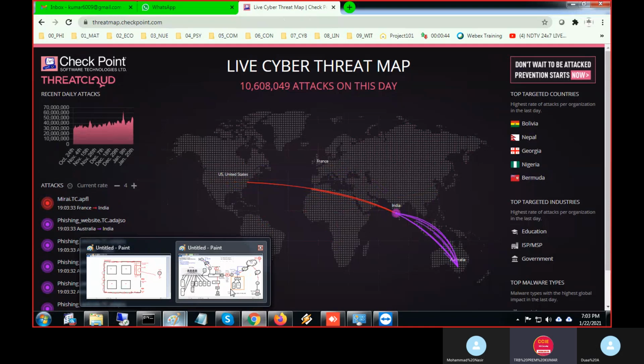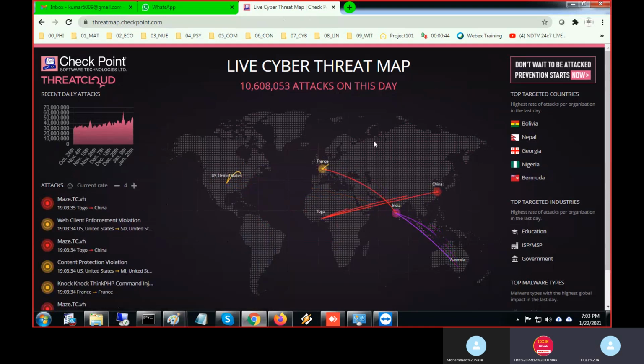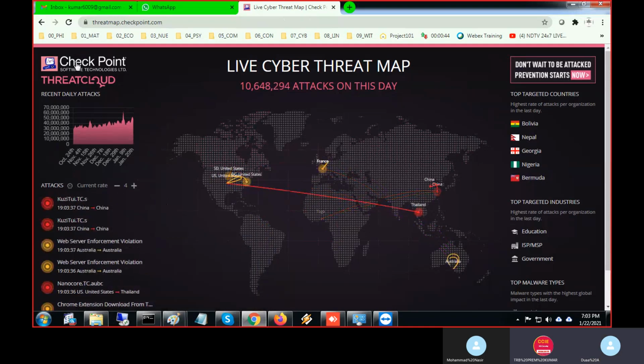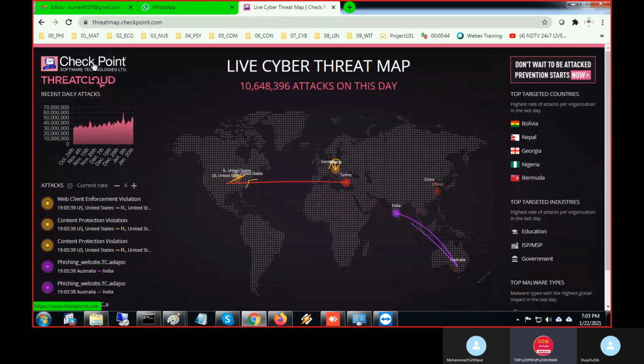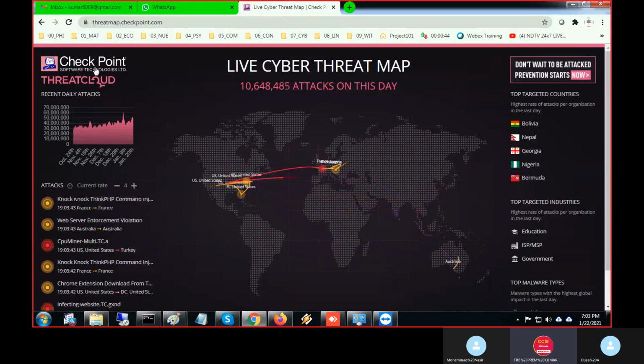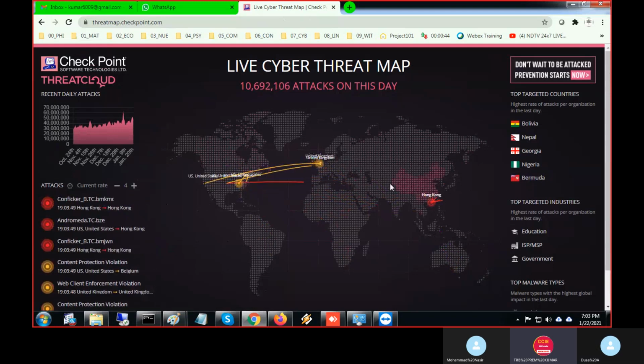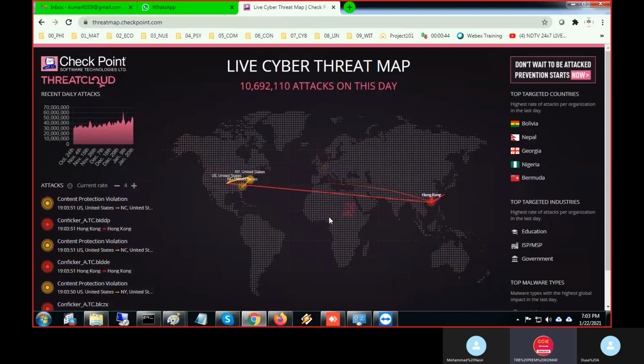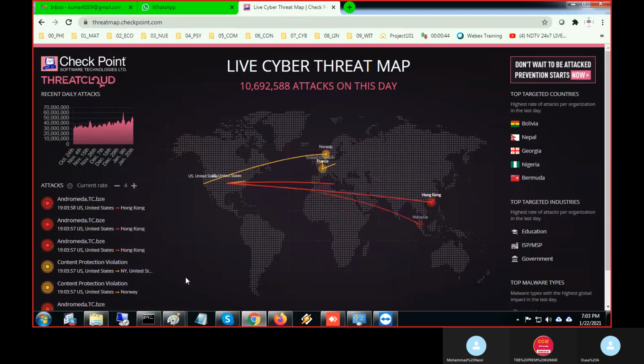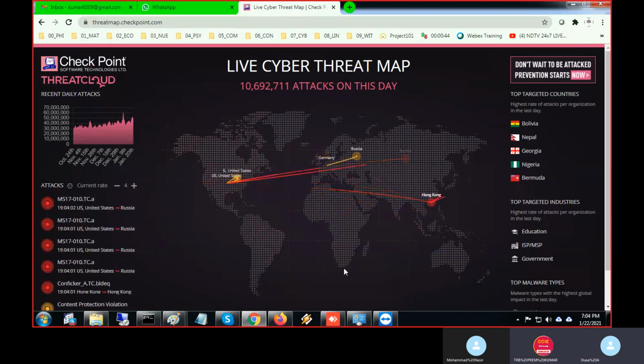So what you have to do is go to the company and install this software. Checkpoint is the famous one, one of the big security providers. Install Checkpoint, and it will show you what all the attacks are happening to your company. Then based on the attacks, you decide what security you have to put in to protect the company. This is real time and ongoing. This can be captured also.